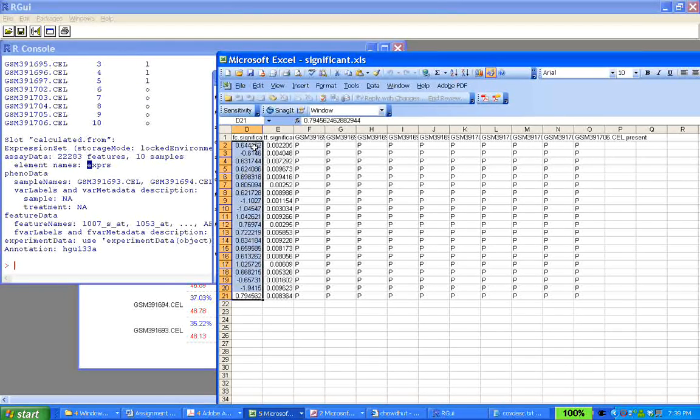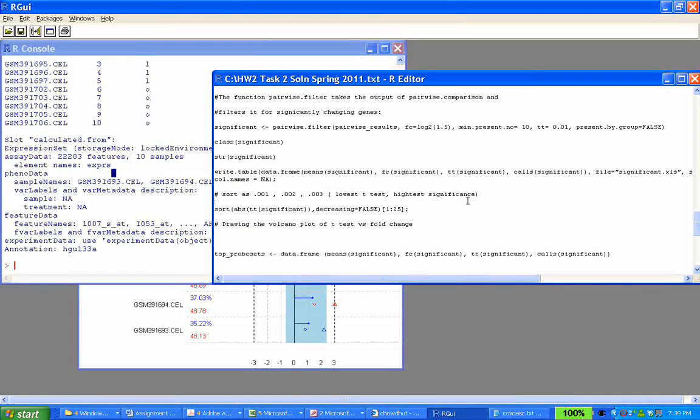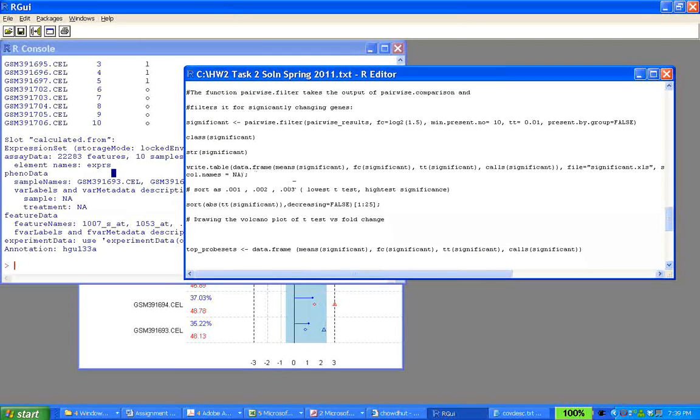But in your particular experiment, you had 22,000 features that you started with. So you have to calculate the p-values and test statistics for 22,000 features, and you also have to calculate the test statistics or p-value for your 20 features. And let me take you through that first. So for calculating the 20 features, let me write down,